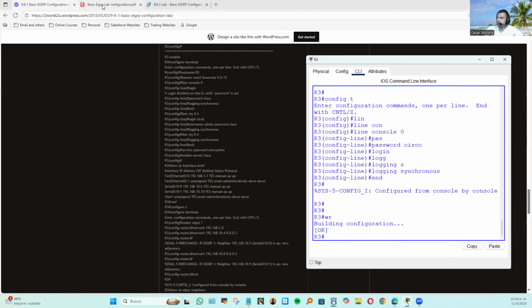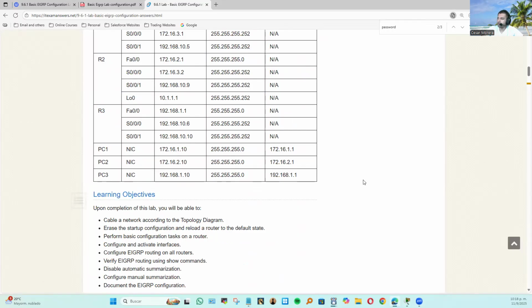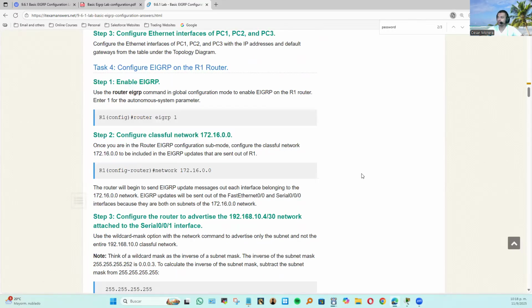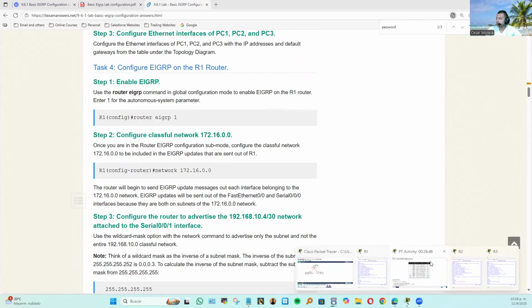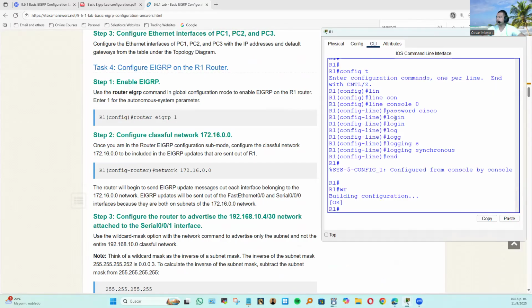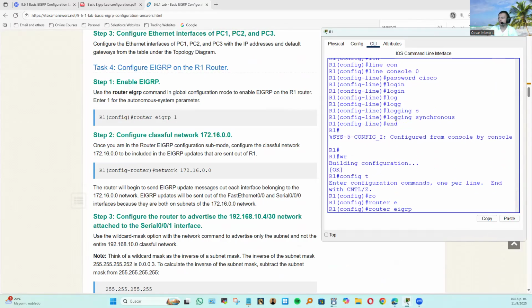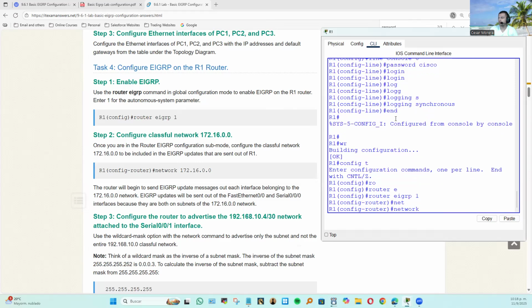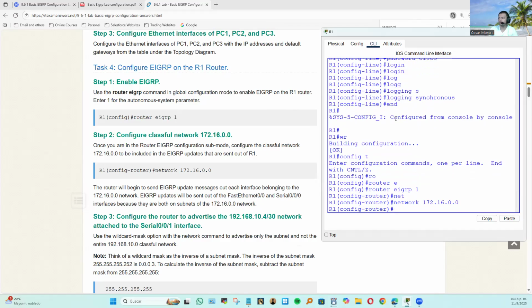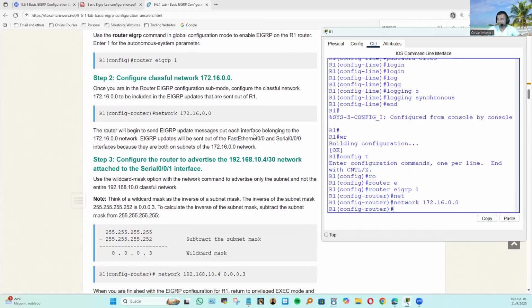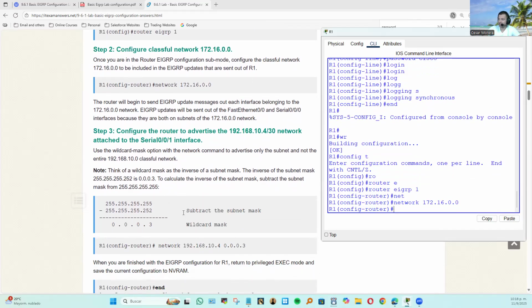Okay. Now let's continue with the lab step by step. And at the end, we're going to just check on those things that we are missing. So let's go ahead and add config T, router EIGRP 1, network 172.16.0.0. Now the wildcard mask,